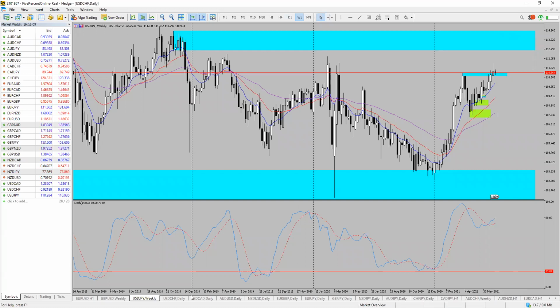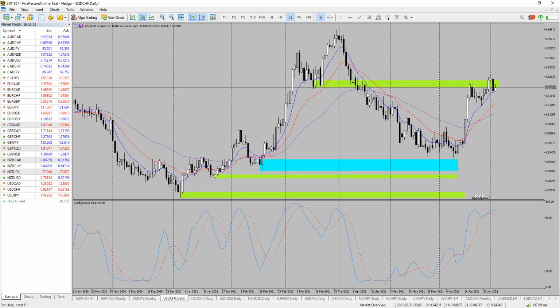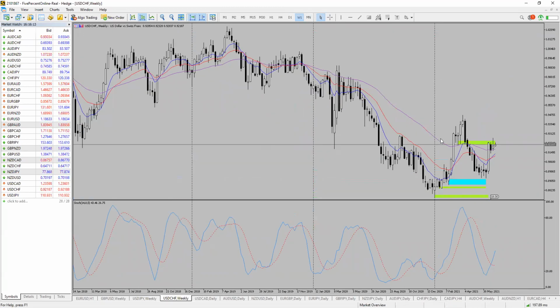And the next major is the dollar Swiss. We spoke about it back then. It is coming from a demand zone, from this weekly demand zone. You can see where the demand zone initiated with a very strong move up, coming back down,